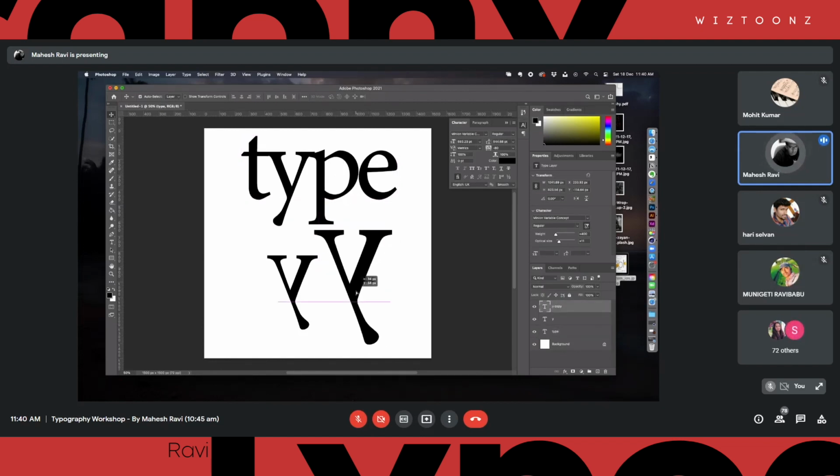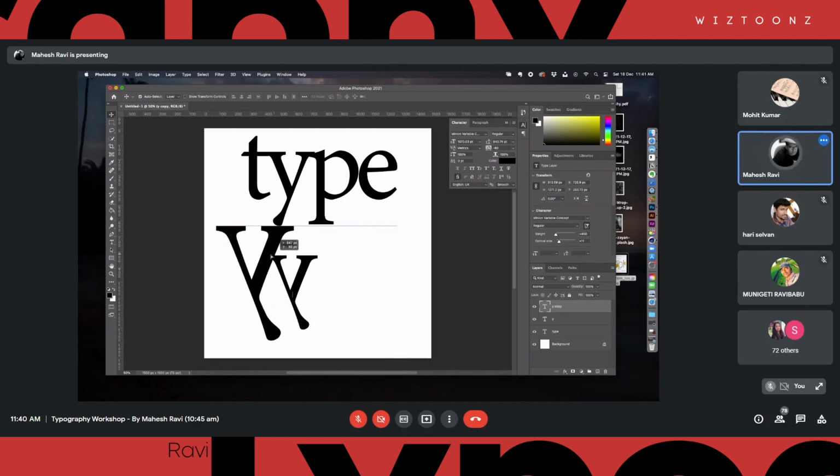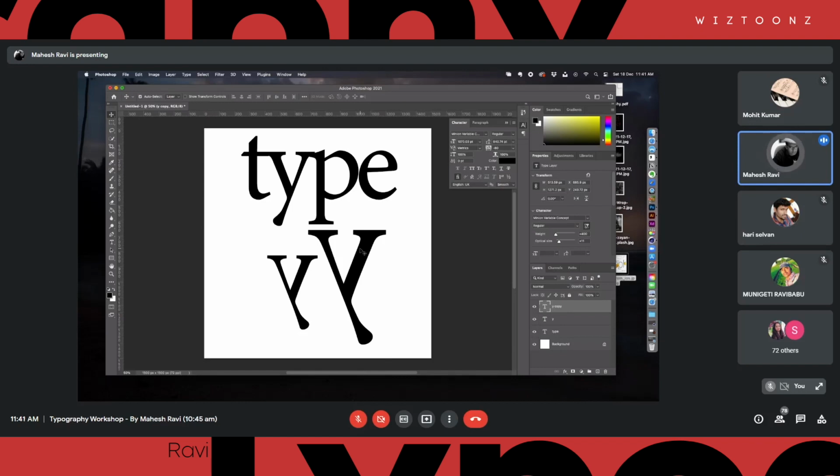But when you're starting this exercise, I would recommend you flip it and study the typeface and understand, so this is something I can use when I'm writing something with a V and I want to create an effect of maybe blood actually coming out of it. So something like that. You are going to get an idea immediately, and you can save that particular idea in your mood board. So this is how you study the typefaces.